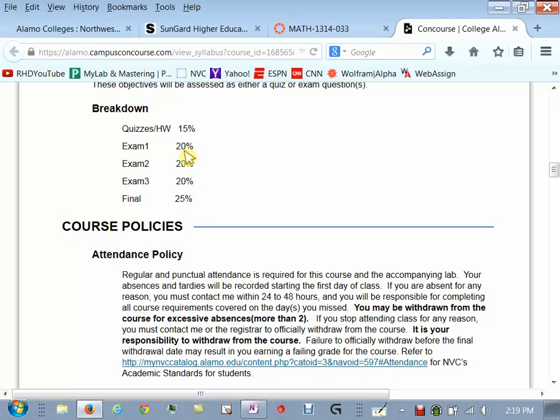If the class does relatively well on the first few exams, I see no need to go back and rehash everything you've already shown you can do. Exam 3 ends, and we have quite a bit of material after exam 3, enough that I can make a majority of the final just the stuff after exam 3. But you're all going to sink or swim together when it comes to the final. Does that make sense? You're going to have to depend on each other. You may do well and not need to go back, but if a lot of the class does, then that's what the final is going to be.